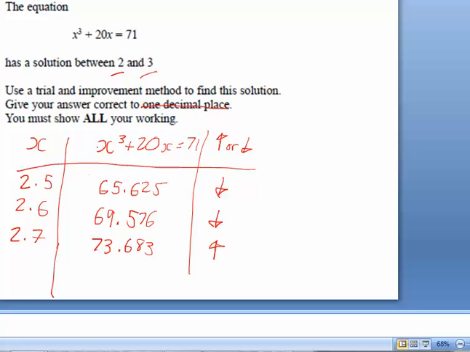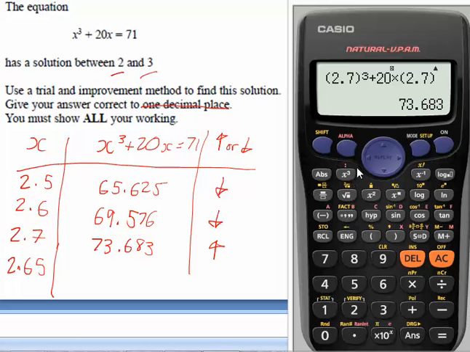What I now need to do is give my answer correct to one decimal place, so finding which one it is closer to. To do that, I do 2.65, which I call my decider. So 2.65 will decide whether it's closer to 2.6 or closer to 2.7. 2.65 gives me